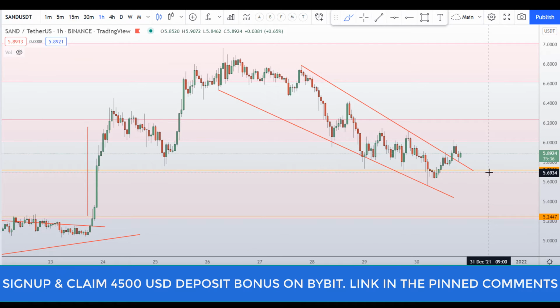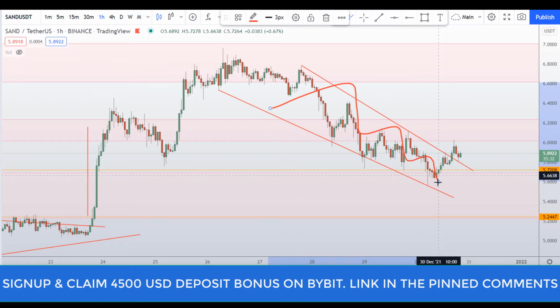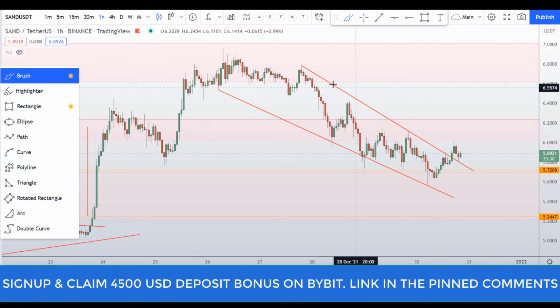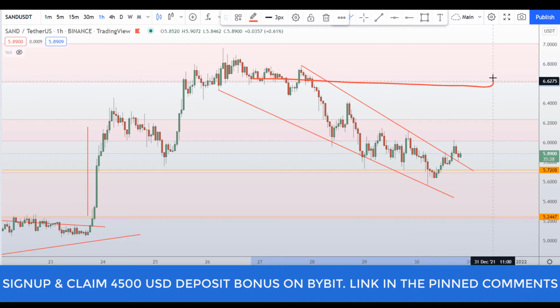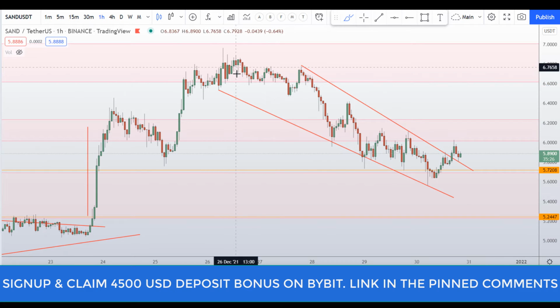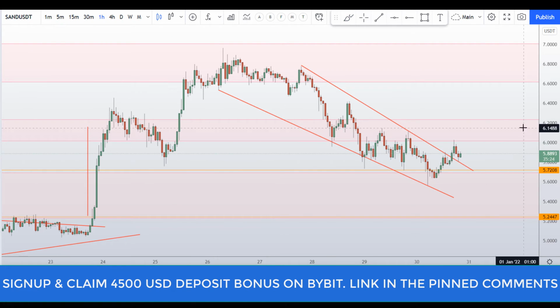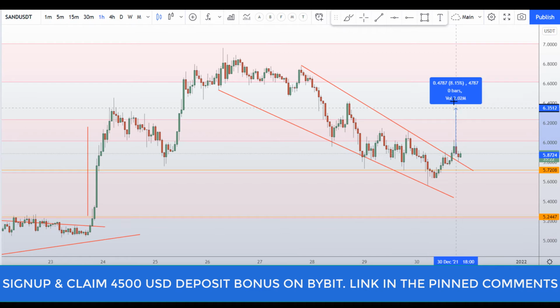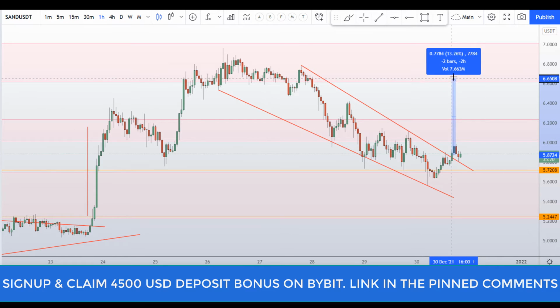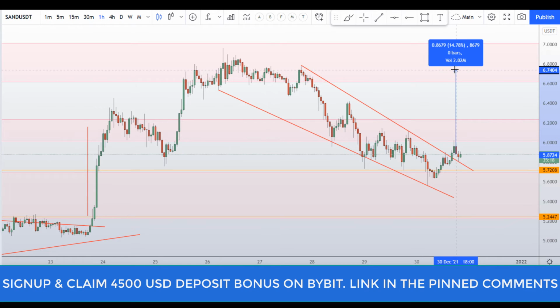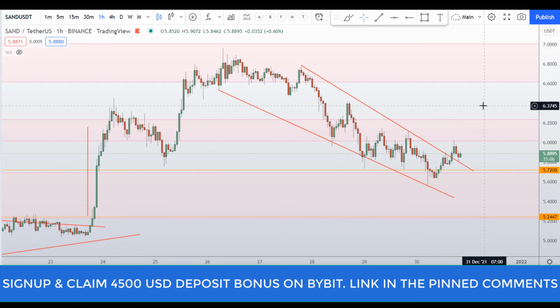So technically the target of this falling wedge pattern is at the top of the wedge at around $6.5 level. If we measure it from the breakout to the top, that would give us around 15% gains. So if you guys want to take a long position on the Sandbox, you can use the BYBIT